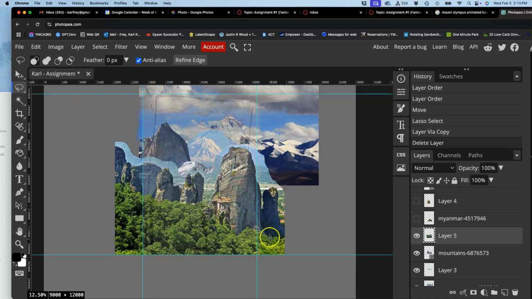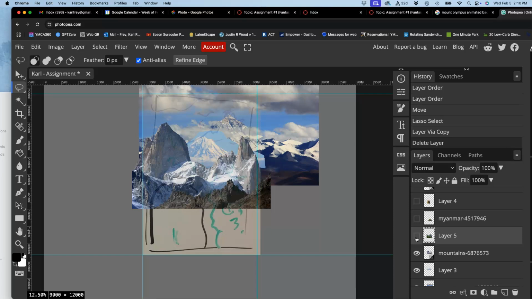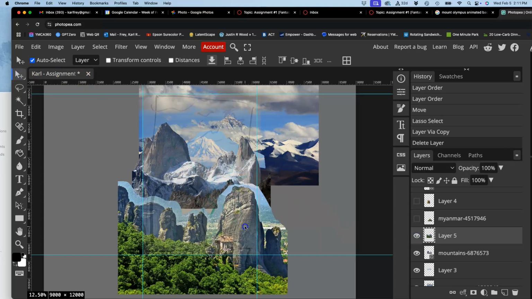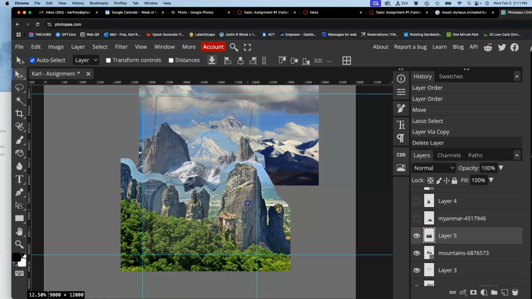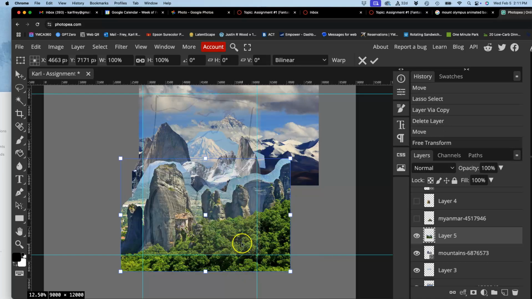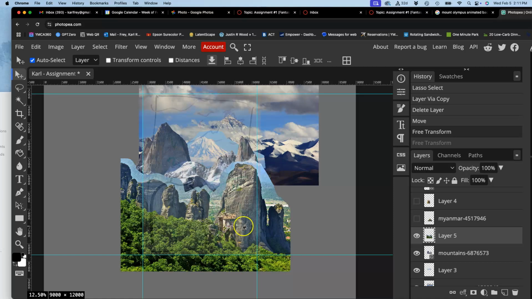All right, now I can also try things like flipping it, right? So I have those tall mountains. Maybe I want to bring this one down a little bit more to show off more of those tall mountains, like that. Or maybe I want to Option Command T and flip this horizontally. No, it looked better before, right? I can stretch it, I can play with it,